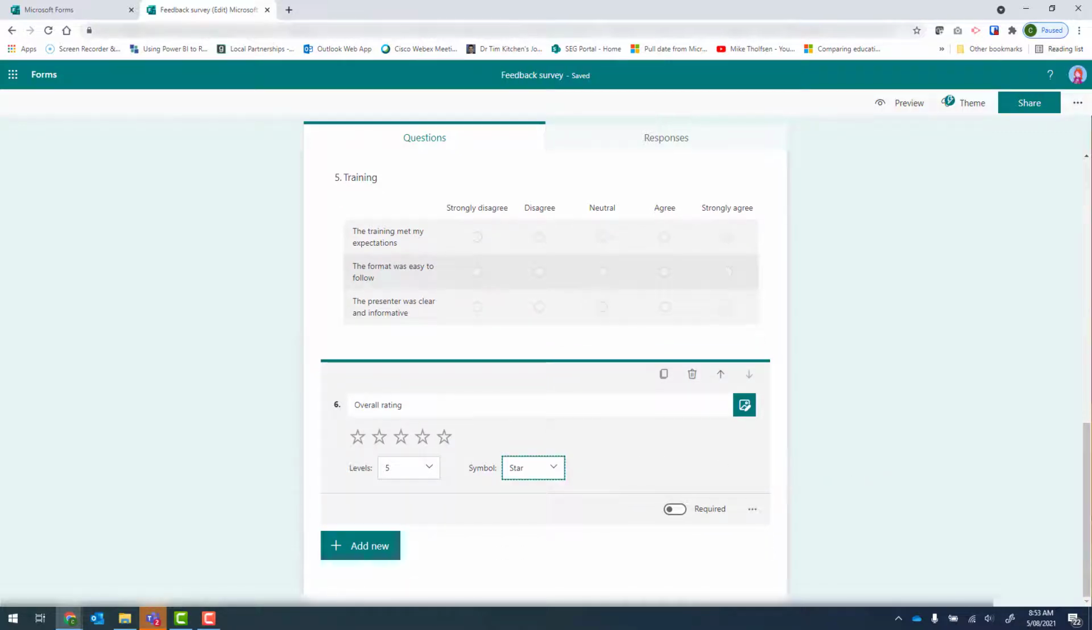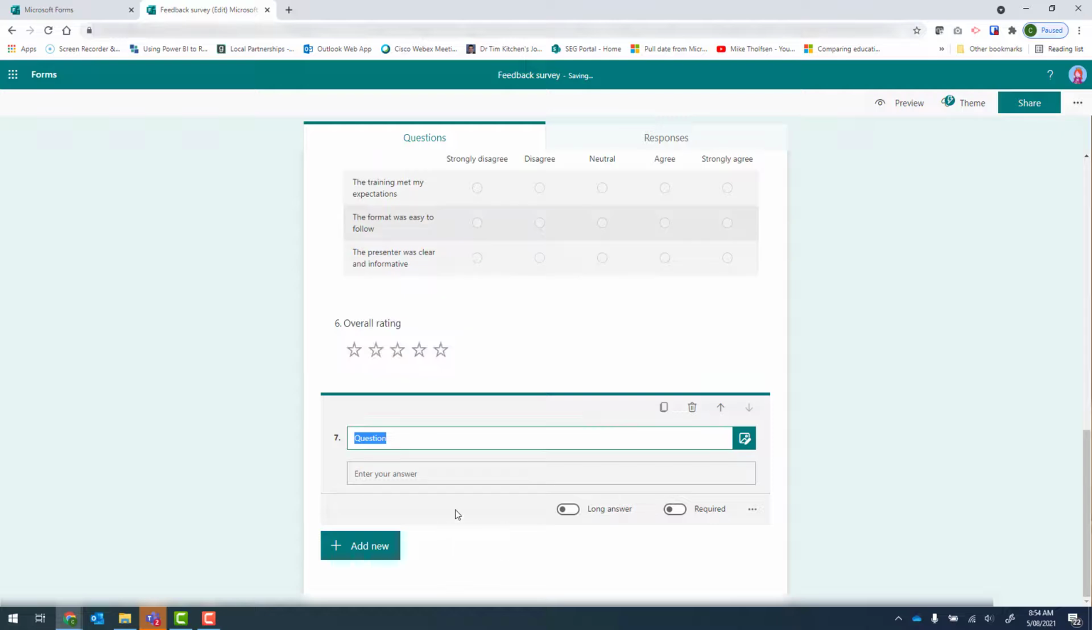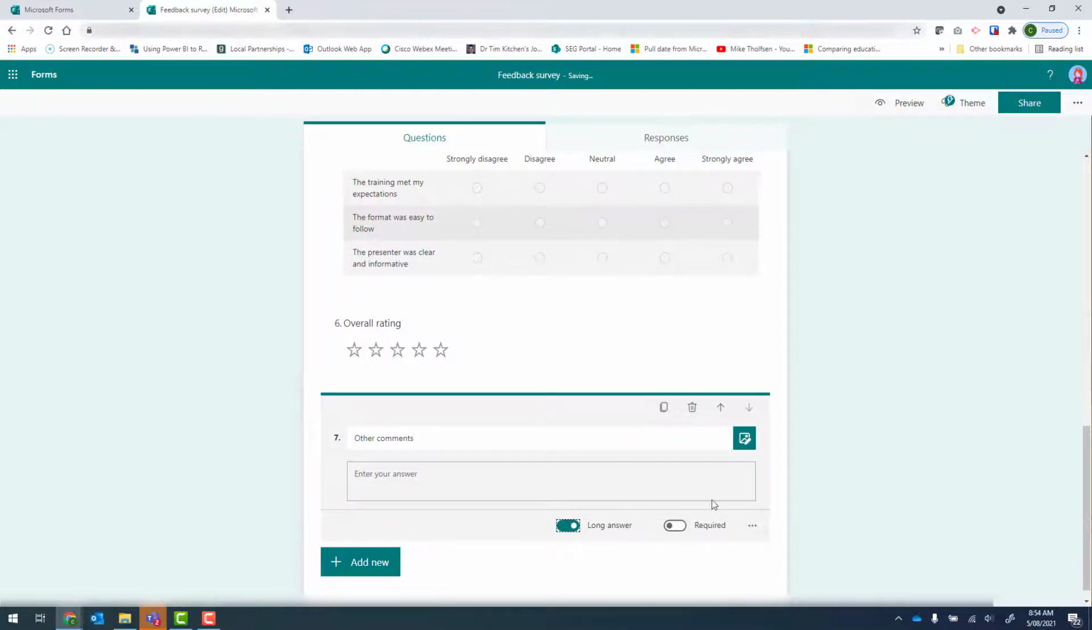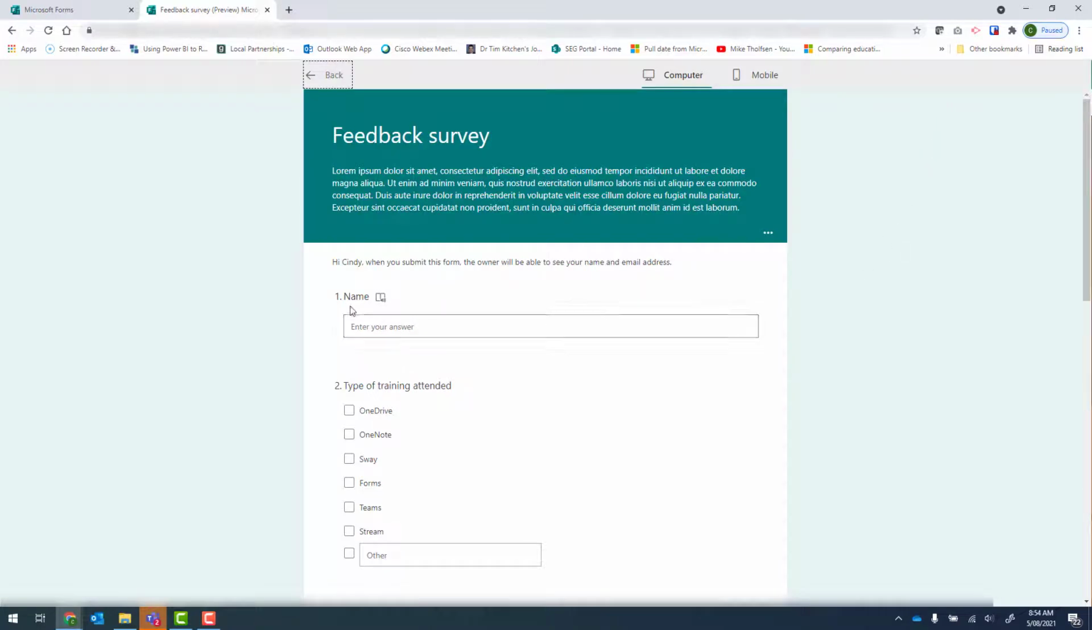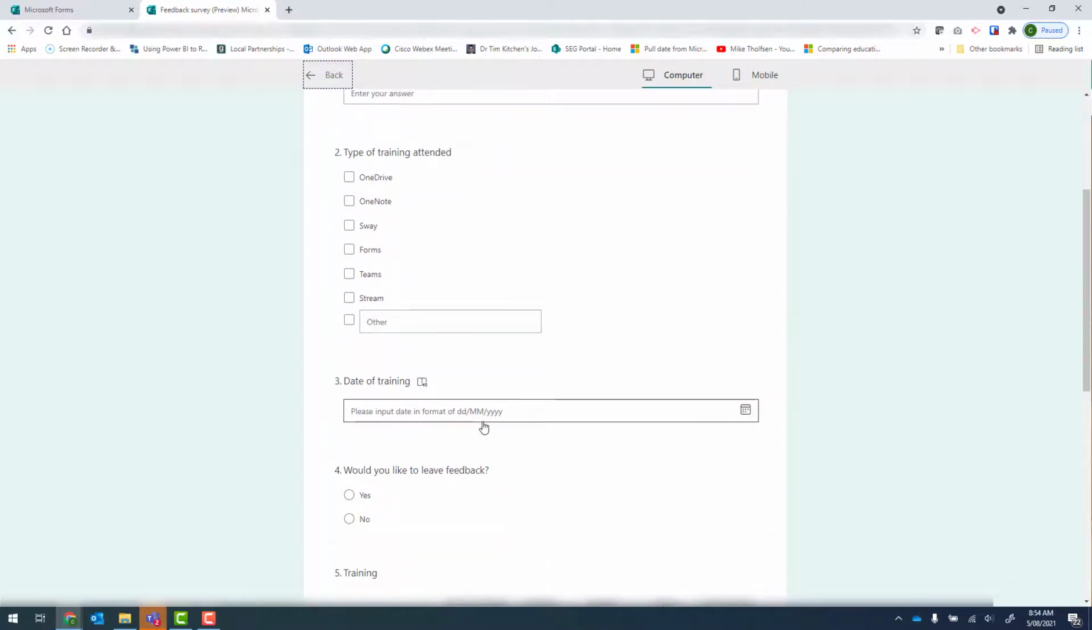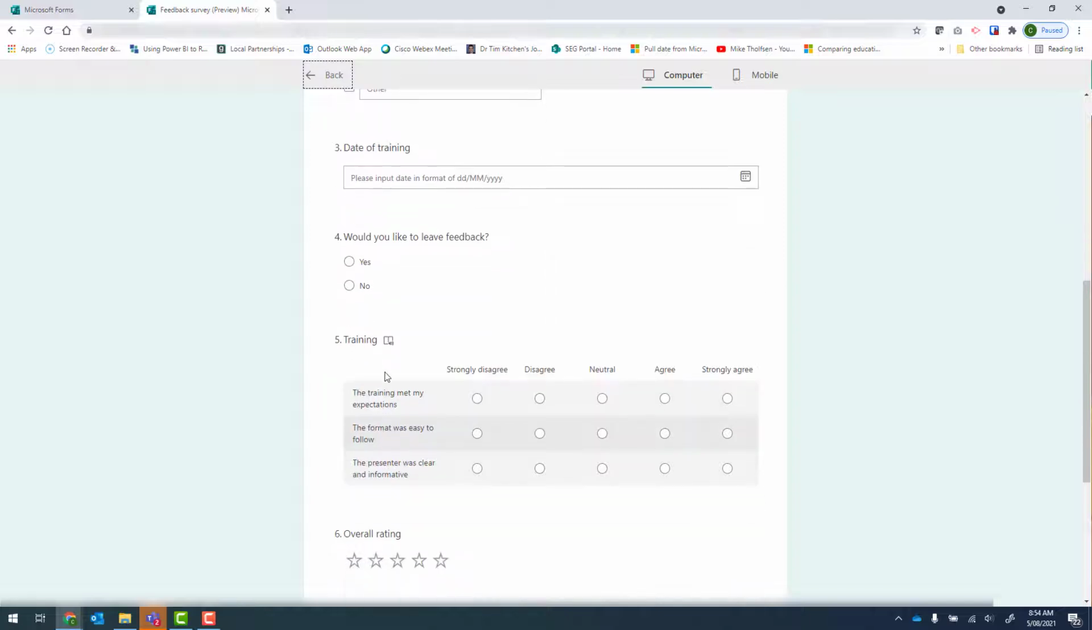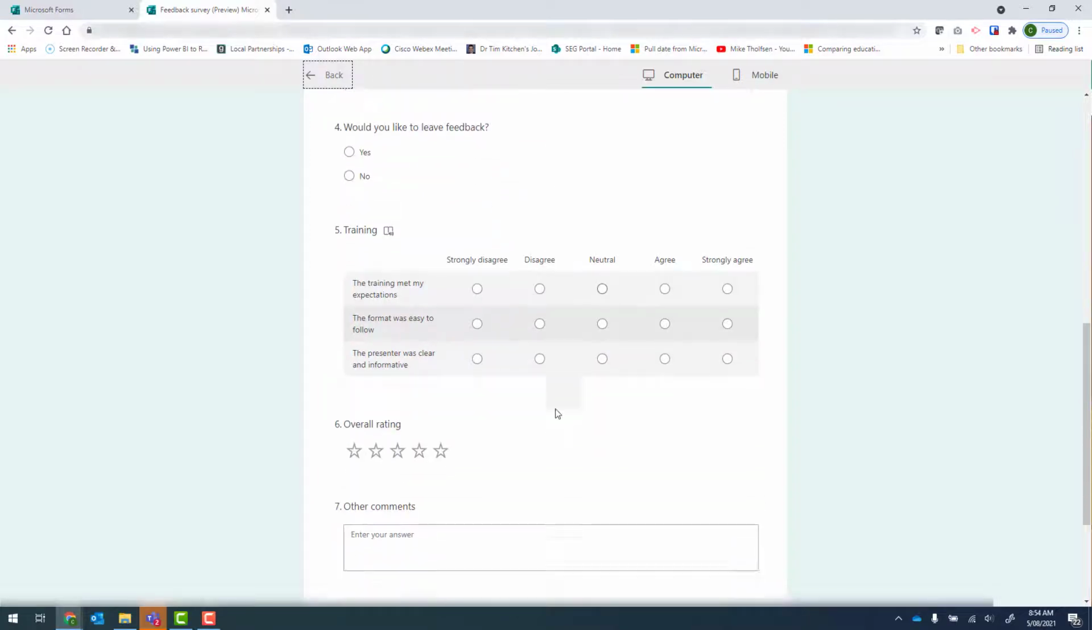And then to finish this form, I'm going to add new. And this time I am going to select text and put in other comments. And because I want them to be able to write a long answer, we're going to select long answer. So let's preview that form. So we've got name, type of training, date, would you like to leave feedback, yes or no, training, questions, rating,